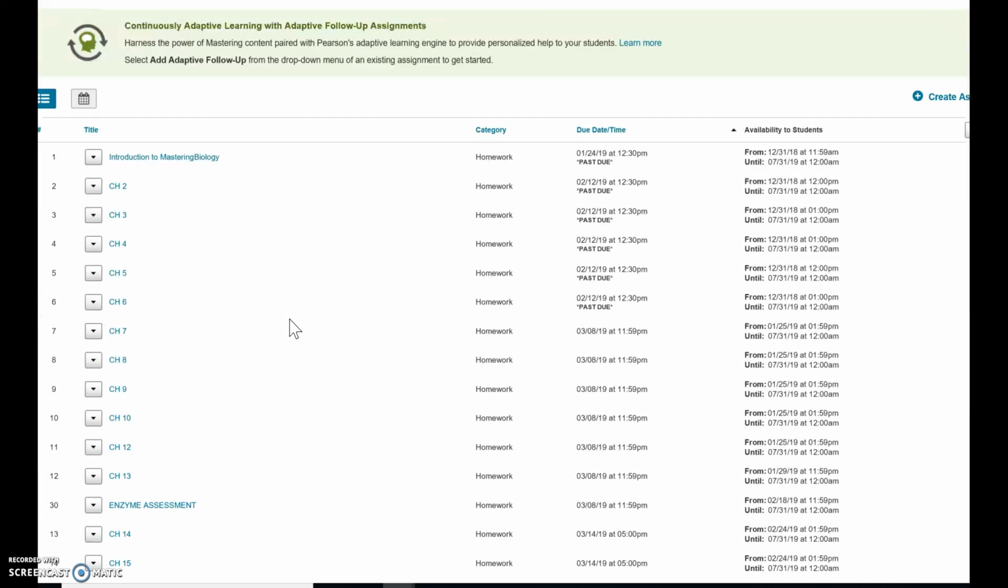And when you do that, you'll see a list of all the assignments that are available to you. And these are the different assignments, and then these are the due dates associated with those. So if you can't get in directly through Blackboard, you can click the Pearson link and then go into these